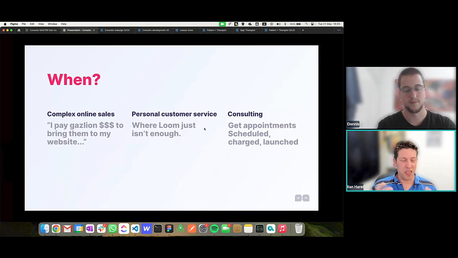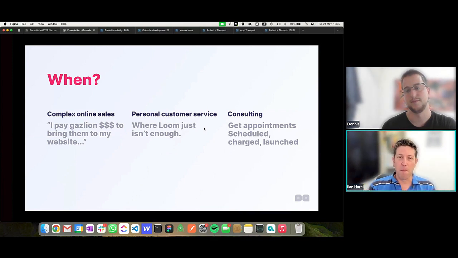Even if they leave their details in a form, and you talk with them a few days later, either on a meeting or over email, they're already dead cold. You lost them. You want to capture that lead when it's warm, when it's on your website. That's when you would use Consulto. So this is one use case, to convert people on the website better, and I'll talk about how you can improve that by 40%.